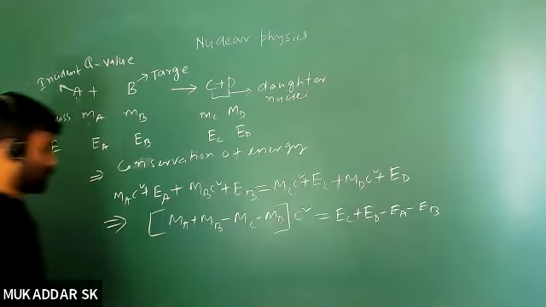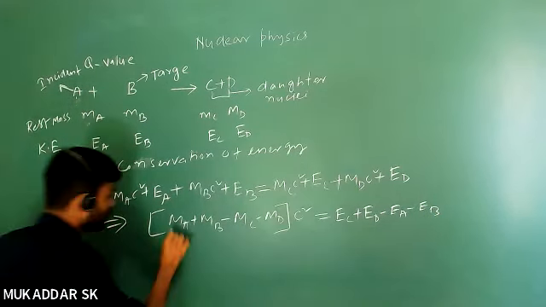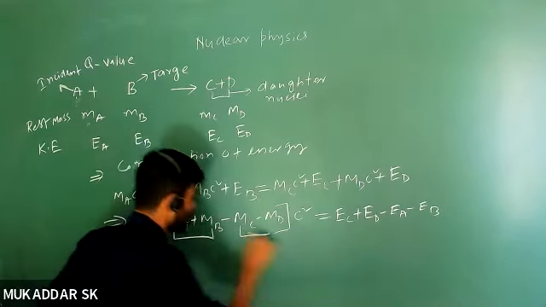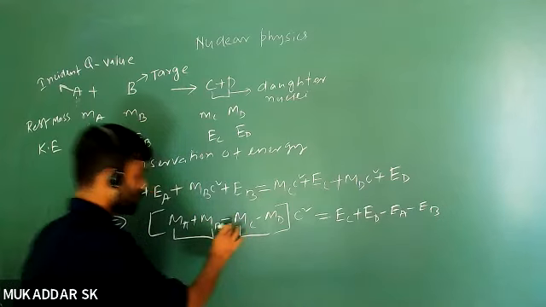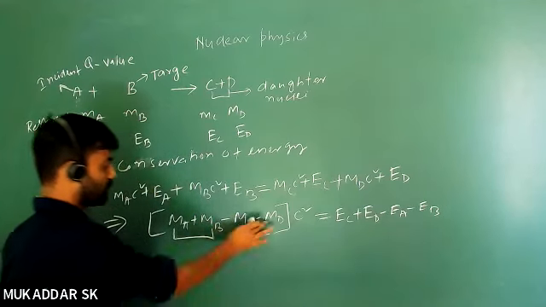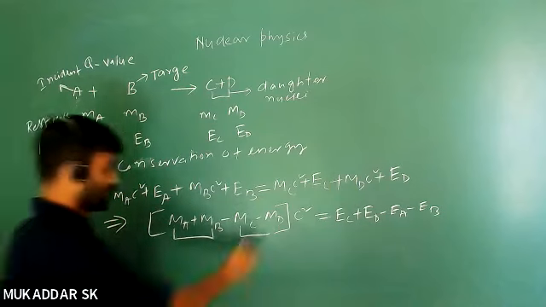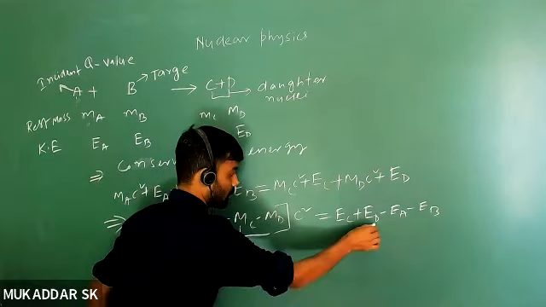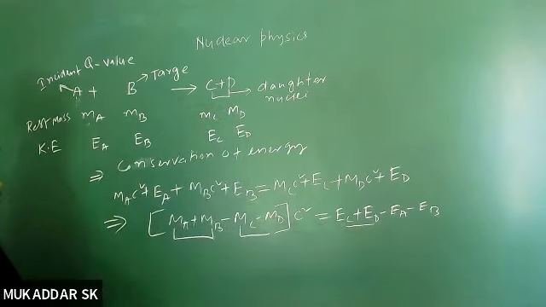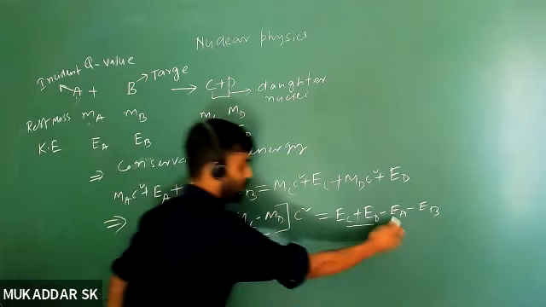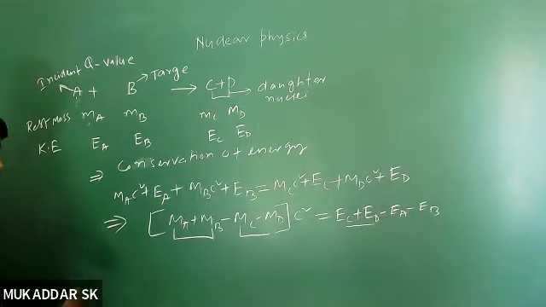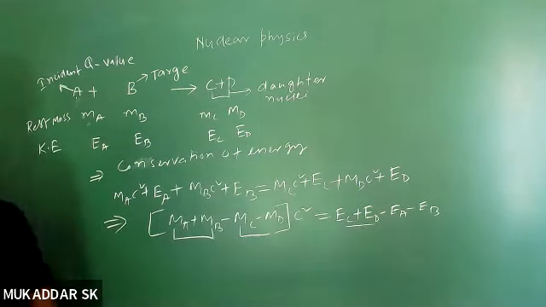Okay, so this is the sum of the mass of the reactant, right? If you take minus common, it will be Mc plus Md from these two terms, so this will be the sum of the mass of the daughter nuclei. This is the sum of the kinetic energy of product minus sum of the kinetic energy of reactant, right? So this is basically defined as